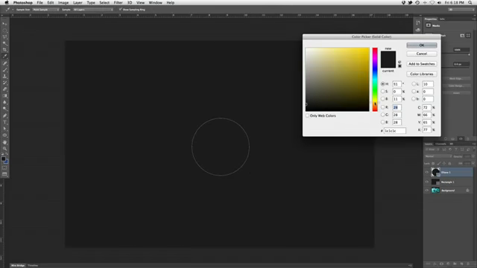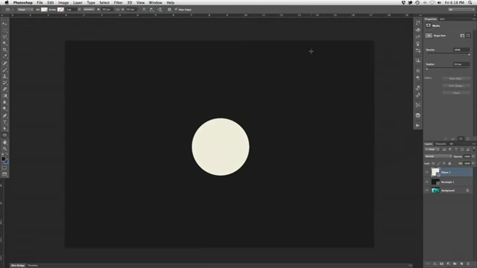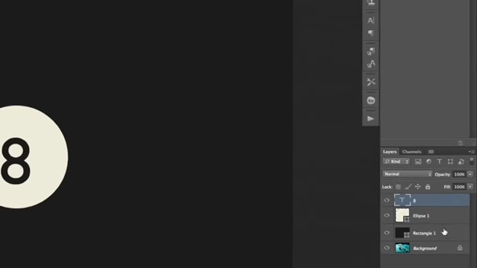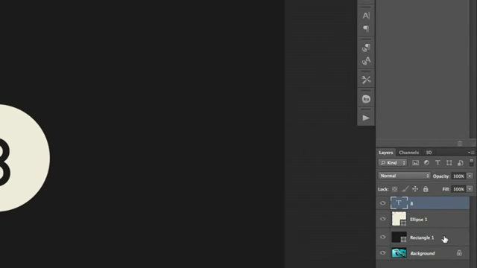For this shape, I'm not going to use a pure white. I'm going to add a touch of yellow so it plays nicely with the lights. And finally, the number. The font is completely up to you, but make sure it's nice and visible in the middle of your circle. Now that the texture is ready to go, in your Layers panel, select all 3 layers,